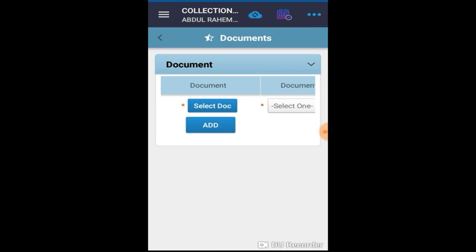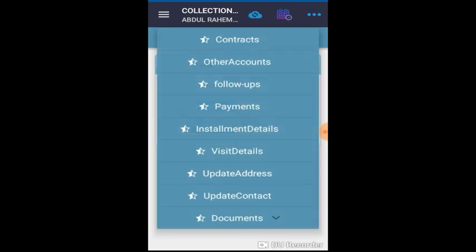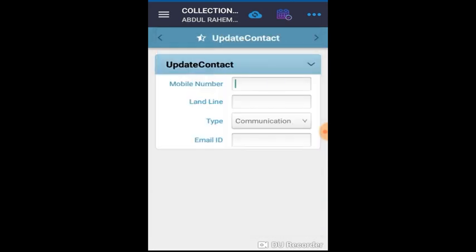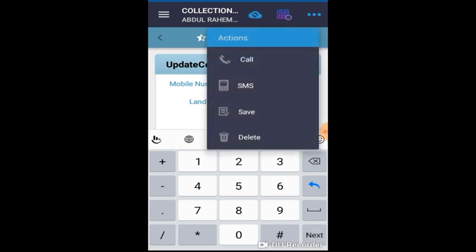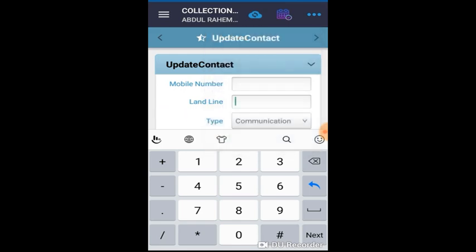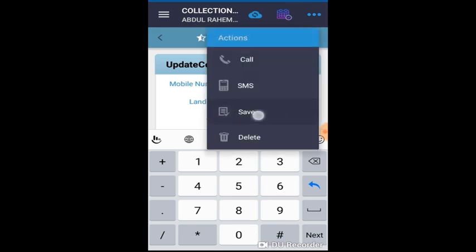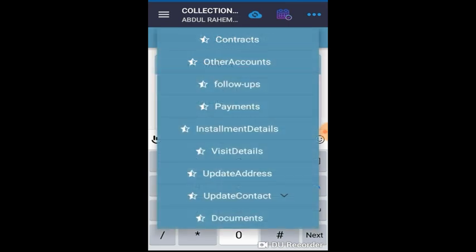One very important thing, please keep in mind, whenever you make any changes, for example, if you want to update a contact number and you put any contact number here, right? So after you make that change, please do not forget to press on save from the right drawer. I am not pressing save here, but please don't forget to click the right drawer and press save whenever you make any changes here. Now that is all for the contract view.